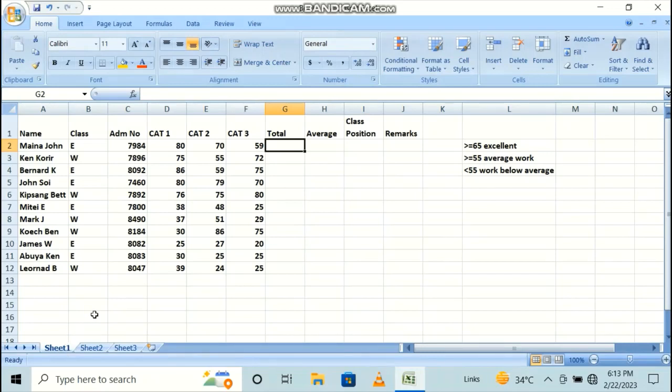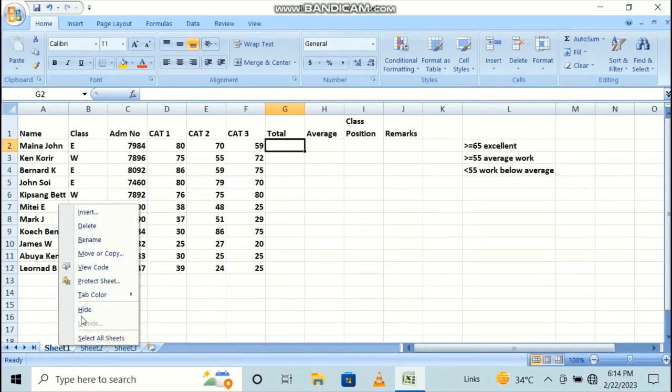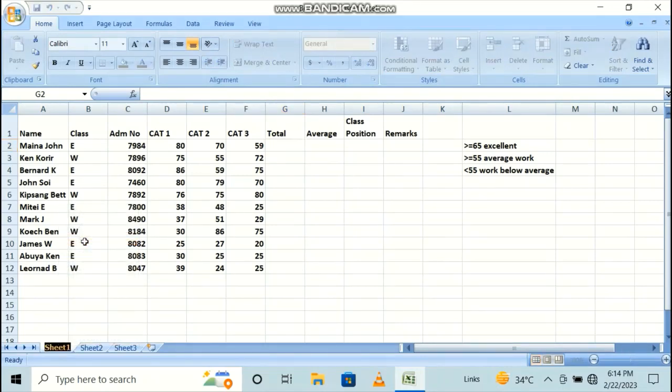Then next question, rename sheet 1 as term 1 results. To rename this sheet, you right click, go to rename. So let us call it term 1 results. Like that, we have named our sheet as term 1 results. The next question asks,